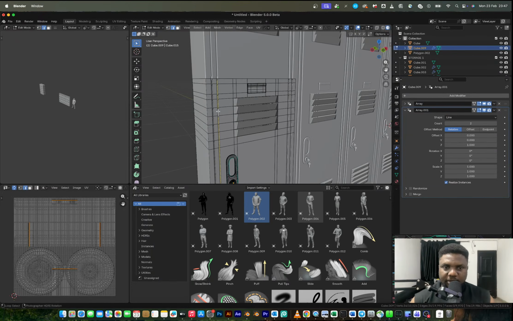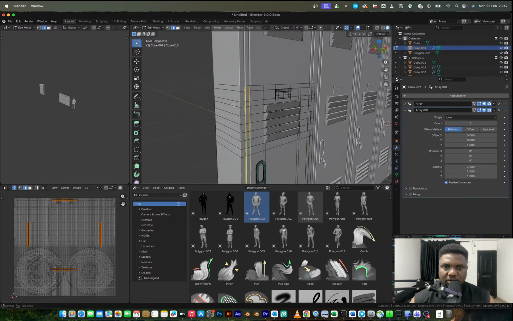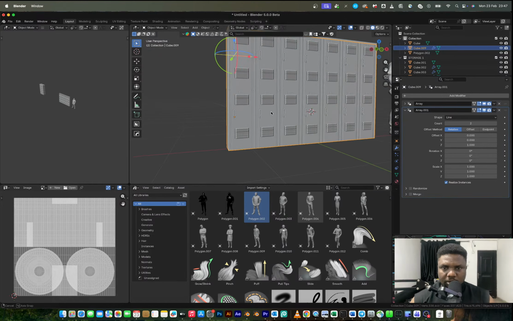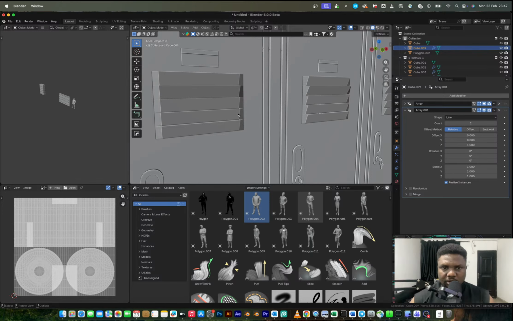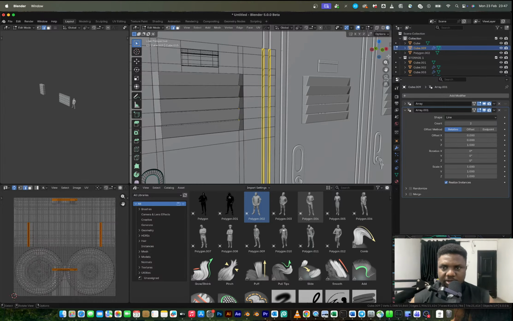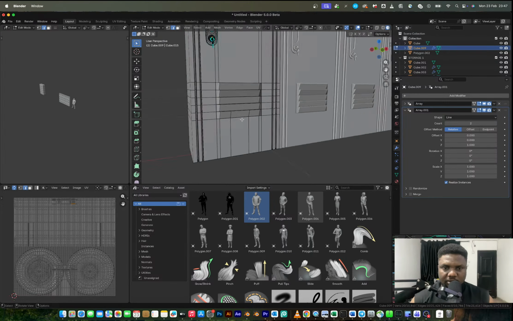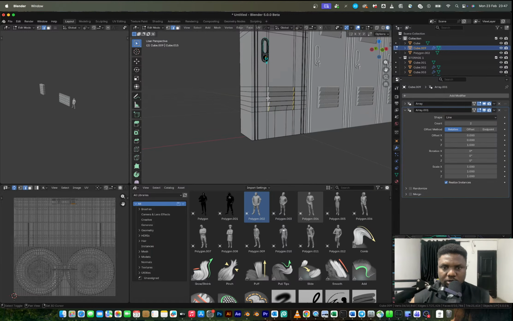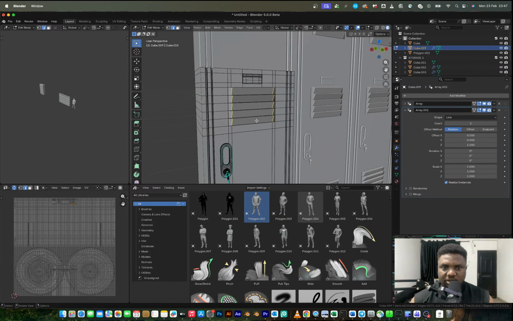I want to select some parts and just give it bevel because it's really weird without bevel on this part, especially. So I'm going to bevel this and that's good. I feel like this part too. This right here. Probably dying to be beveled or even reduced because it is as though